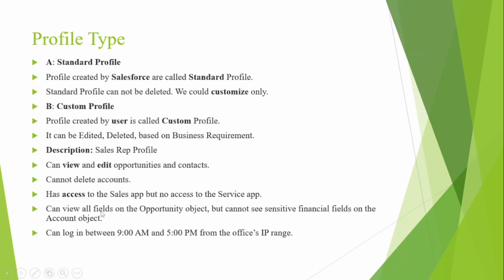They can view all fields on the opportunity object, but cannot see sensitive financial fields on the account object. They can't see all the financial fields on the account object. Also they can log in between 9 am to 5 pm. So if this profile user tries to log in at 8 am in the morning, they can't.